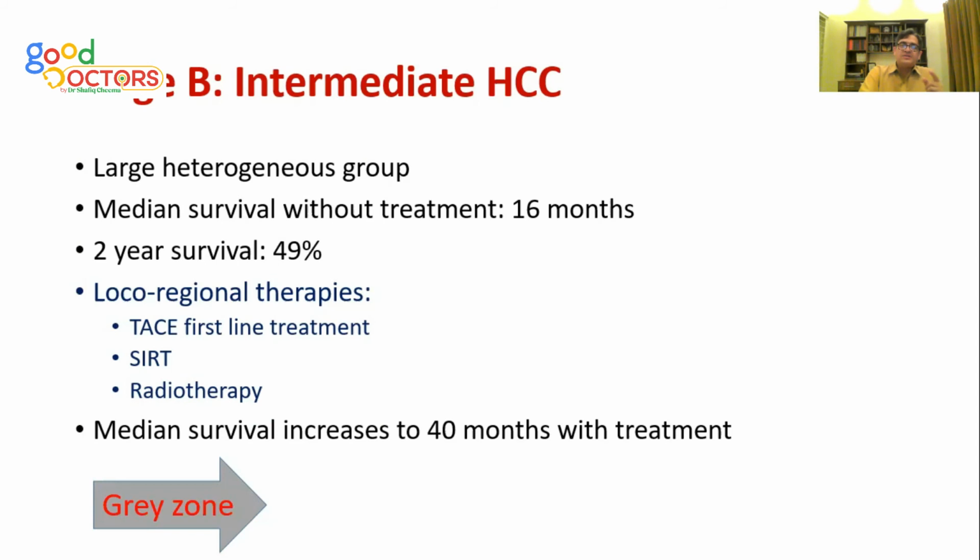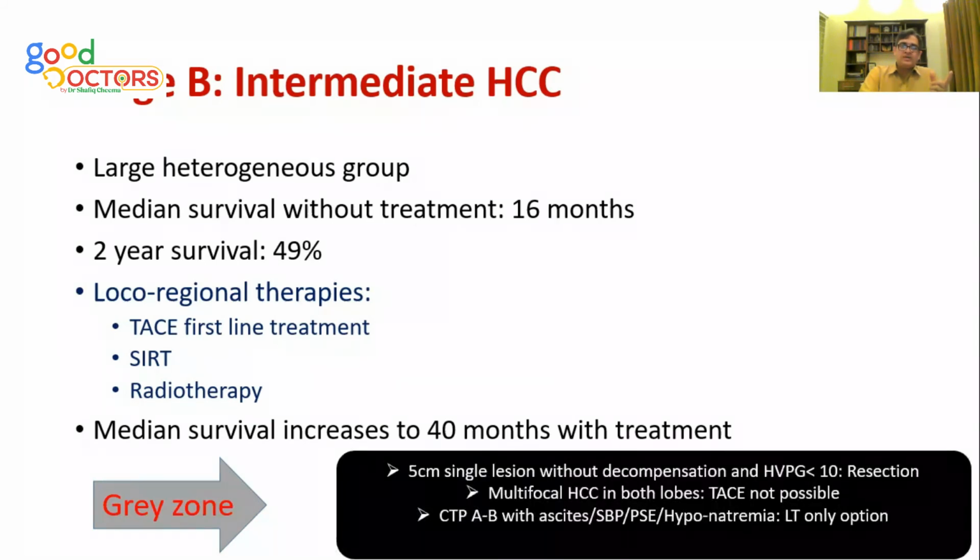But again, this is a very heterogeneous group, and there are so many gray zones. You will find patients in stage B who can benefit from liver transplantation. What you do is you downstage those patients. For stage B patients, you give a TACE treatment, and if the patient's tumor size is reduced and that remains stable over a certain time, that patient may be a candidate for liver transplantation. And then I've already talked about a patient with a single tumor of more than 5 centimeter and no parameters suggesting advanced liver disease. He may be a candidate for resection as well.